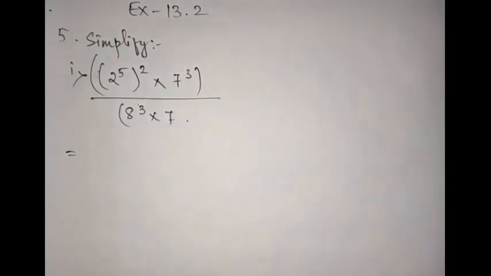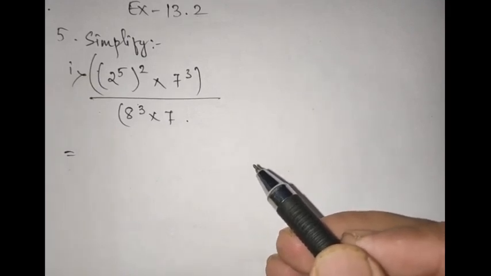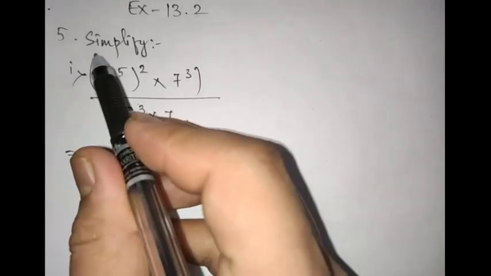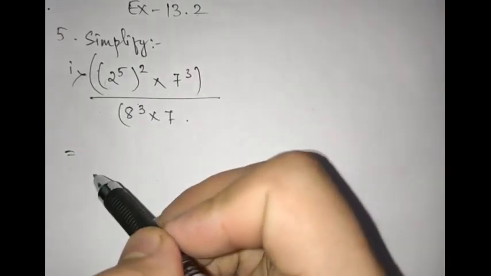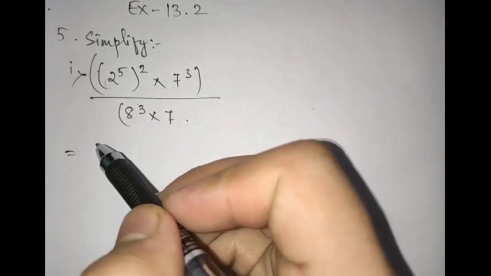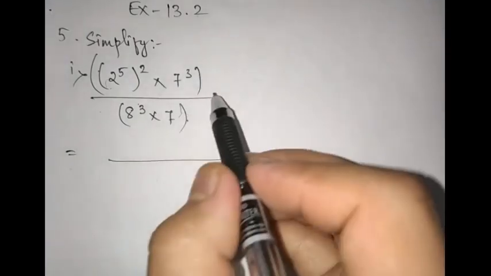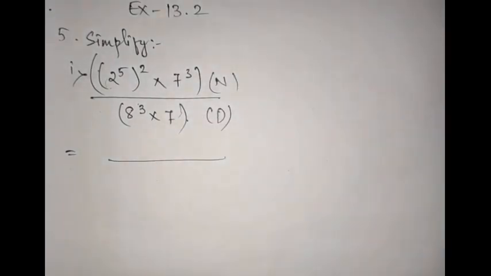So you all know how to simplify this, right? You all know the rules we have discussed till now. So just see, first of all, you will be solving the bracket. Outside the bracket is there, but inside there is still one bracket, right? So that we are going to solve first of all. Alright, so have a look. First of all, let's solve the numerator part. This is the numerator part and this is the denominator part. First of all, we are going to solve the numerator.